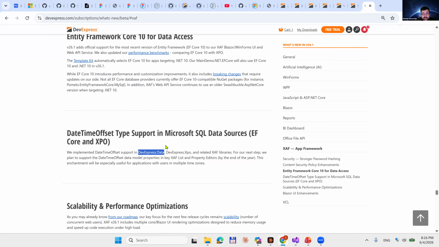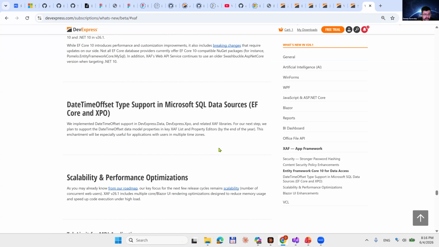In this release, developers from our team helped to improve this core library and to support the new DateTimeOffset type. In this release, it's done for Microsoft SQL Server and for Oracle, and we will continue enhancements in this regard later this year, and we hope to support additional database engines,